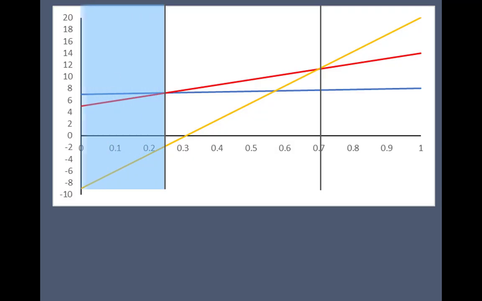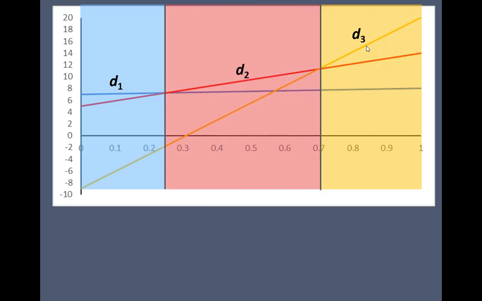So everything below this low line, everything below here, the blue line or decision 1 is always the best choice. Everything up to this point, from a probability of 0, I have the blue line being the highest. As soon as I hit this point, all of a sudden that switches to the red line. Similarly, at this transition point, everything above this point, the yellow line or D3 is the optimal decision. It will generate the most profit. And then in between those two, that is where D2 is generating the most profit or has the highest expected